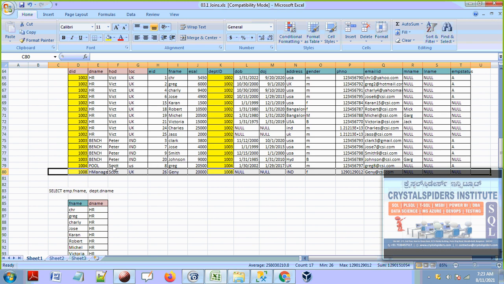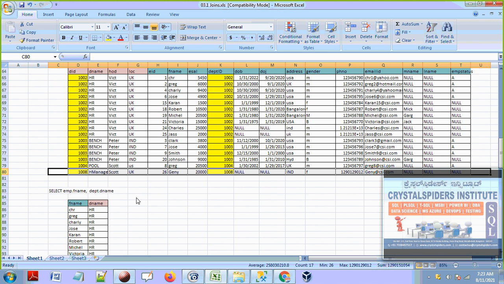This is how it is going to happen, guys. Join operations. Join means combining the data between 2 tables. The data from 2 tables or 3 tables also we can join. We'll discuss it later. 3 tables, 4 tables, 5 tables also we can join. That depends on the requirements. We'll do that. Okay, this is fine.